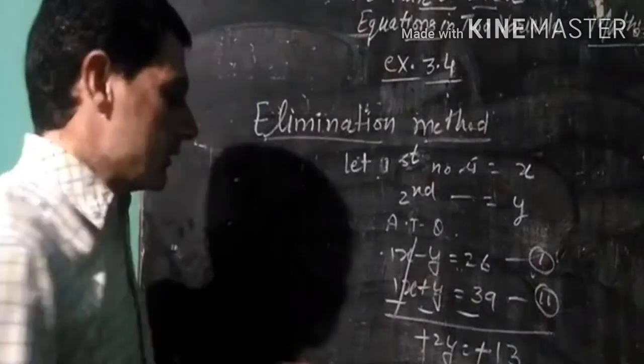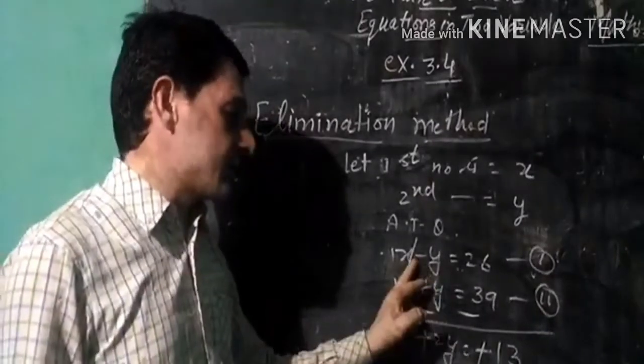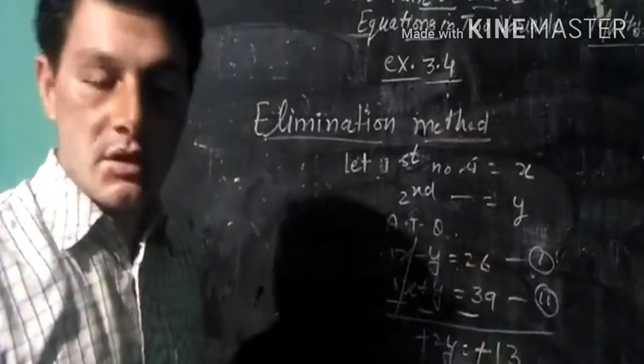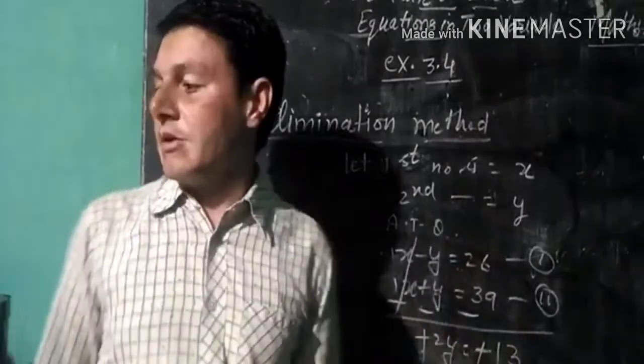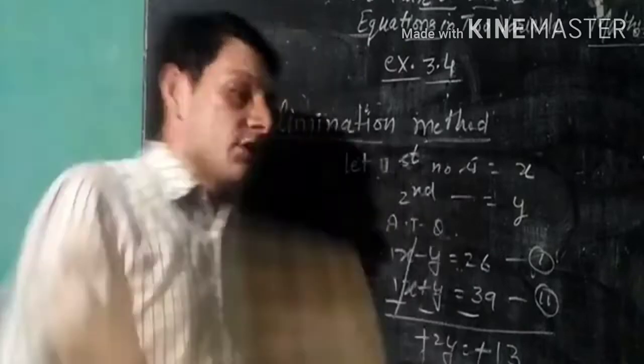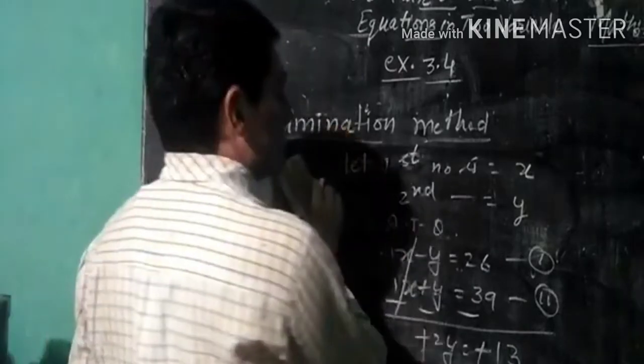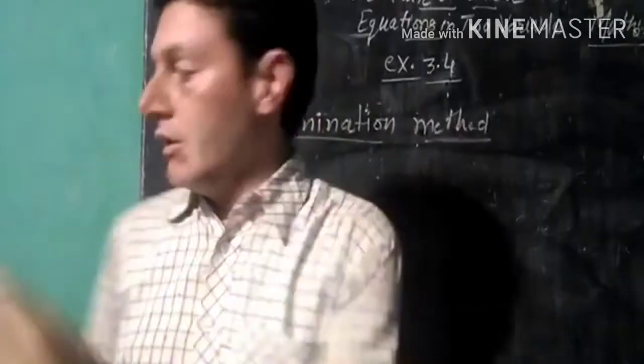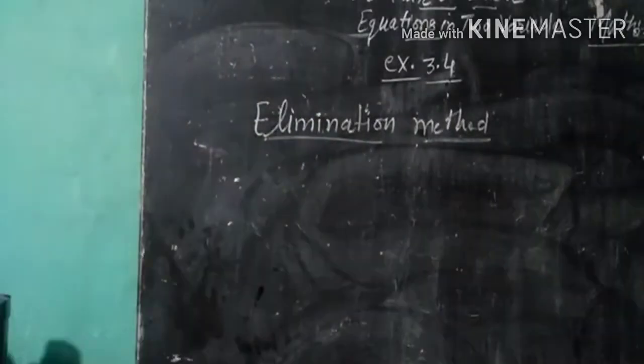Okay. And after that, we need to put the value of x in equation number 1. Then we will get the value of y from the first equation also. That will become the result. Okay. So in that exercise, what will we do? We will make a pair of linear equations in two variables with the help of these two given statements, and after that we will simplify the equations.